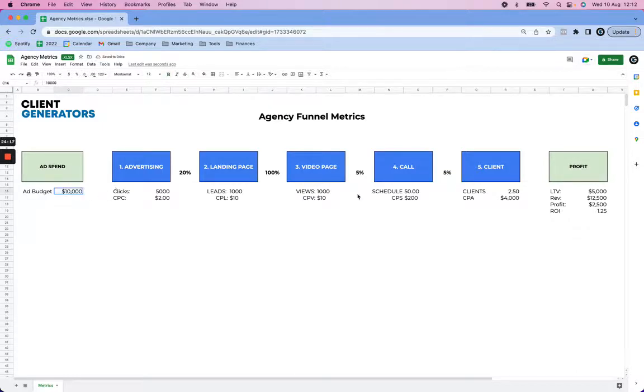And this is where people lose money, because small incremental gains on each step of the funnel can create a huge difference. So your cost per click needs to be dialed in, the landing page conversion needs to be dialed in, and the video page conversion needs to be dialed in, and then the close rate needs to be dialed in as well. If you can just make small increases in all of these metrics, you can turn a funnel from unprofitable